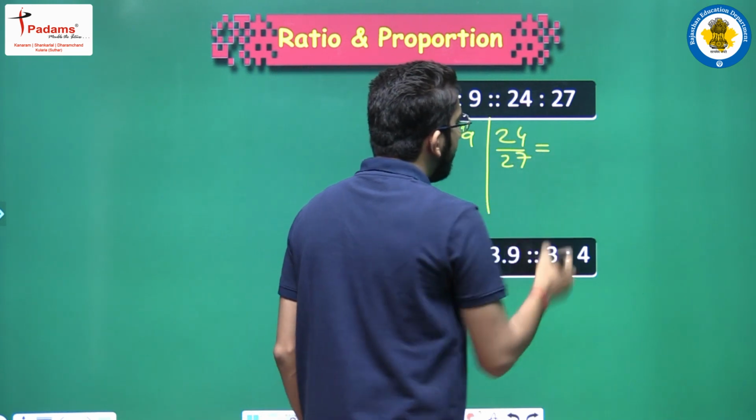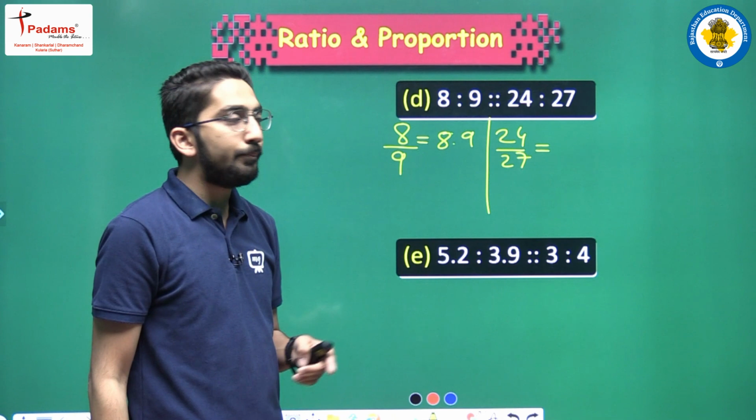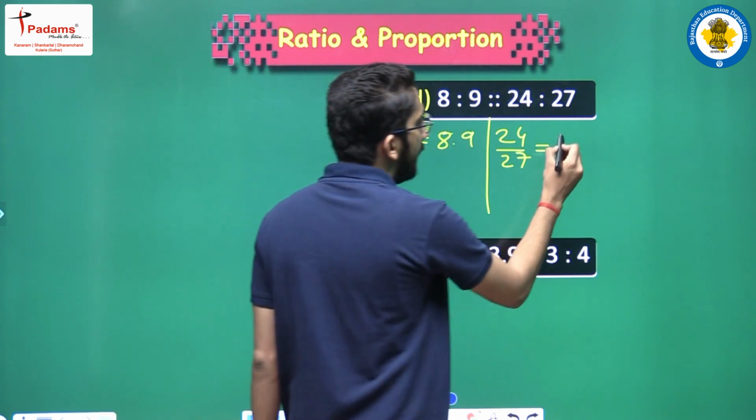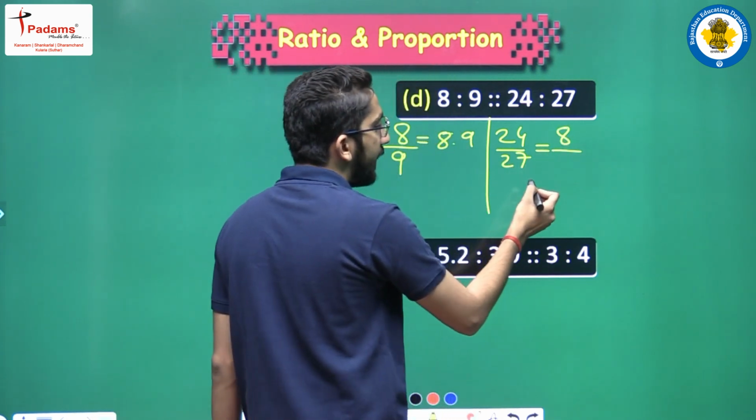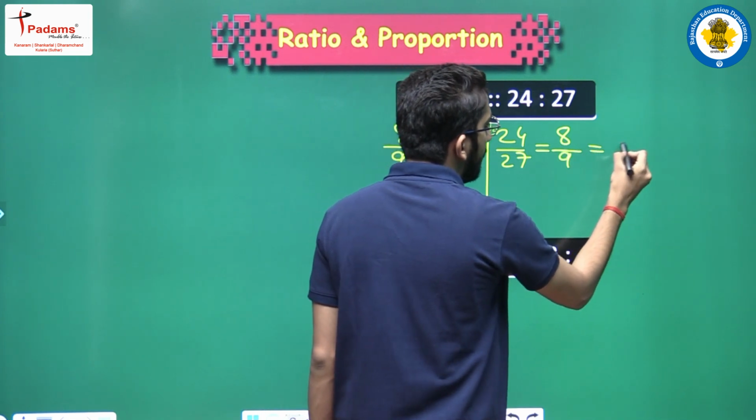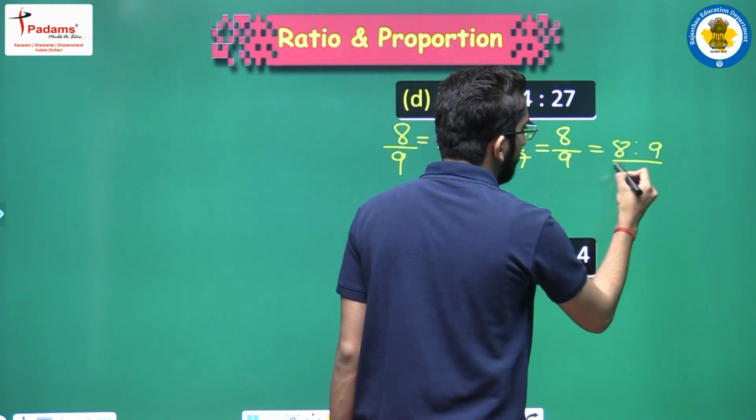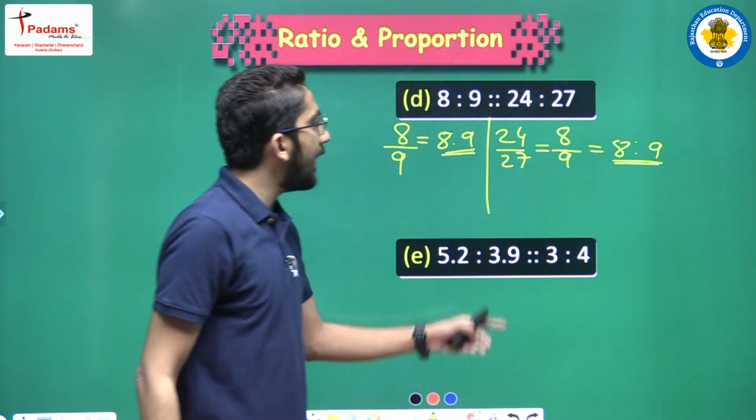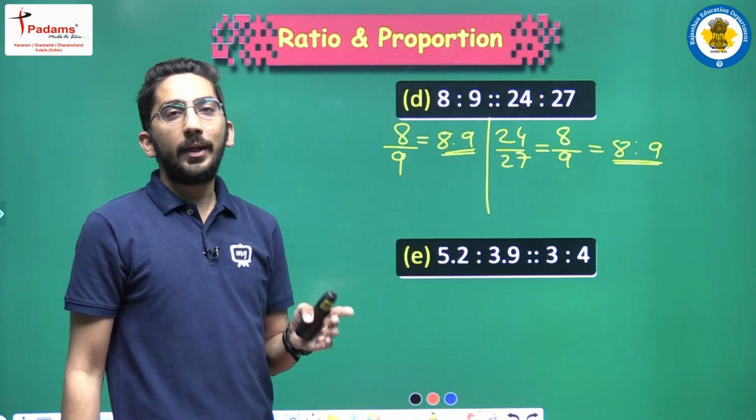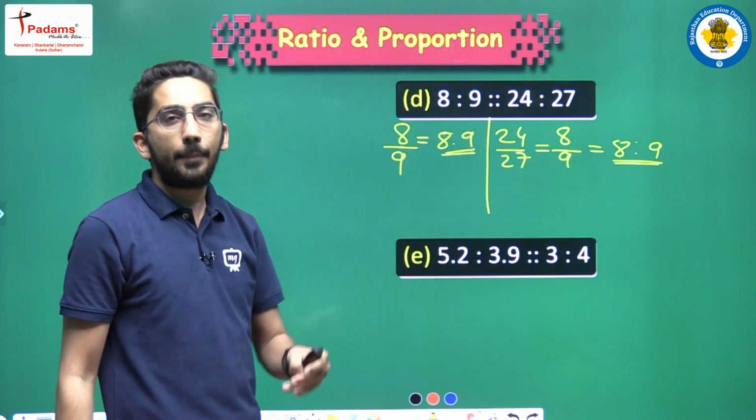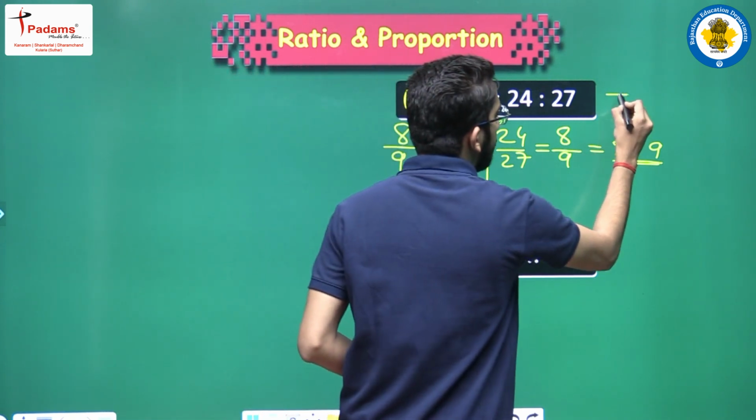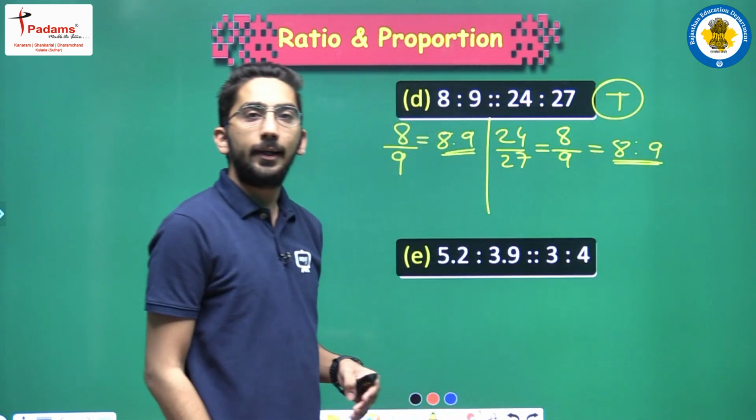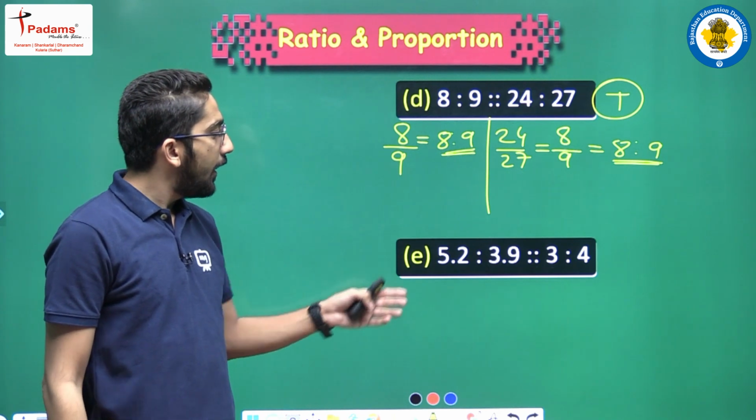Then for 24/27 I can divide both of them with 3. 24 divided by 3 will be 8 and 27 divided by 3 will be 9. So this becomes 8:9 and both the ratios are 8:9. तो मैं क्या कहूंगा कि yes, they are in proportion. So this statement is true. ठीक है, क्लियर है. आगे देखिए